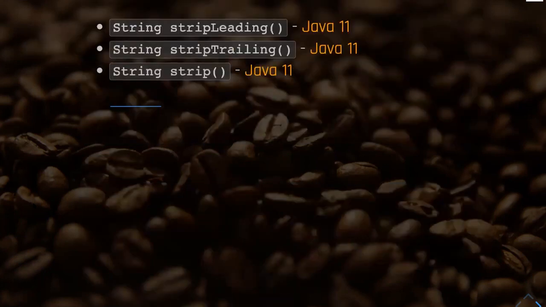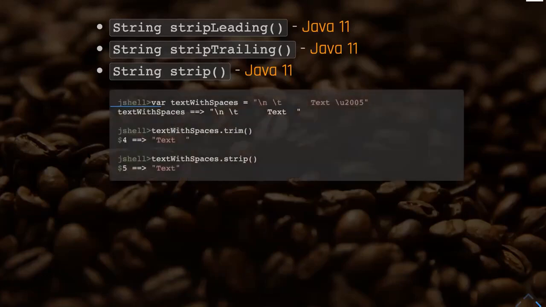So also you have strip, stripLeading, and stripTrailing, which are similar to trim. So what is the difference? If you see this example, you will find that if we have this text with spaces, \n, \t, and these Unicode characters, and you use trim, you'll find you still have text here.